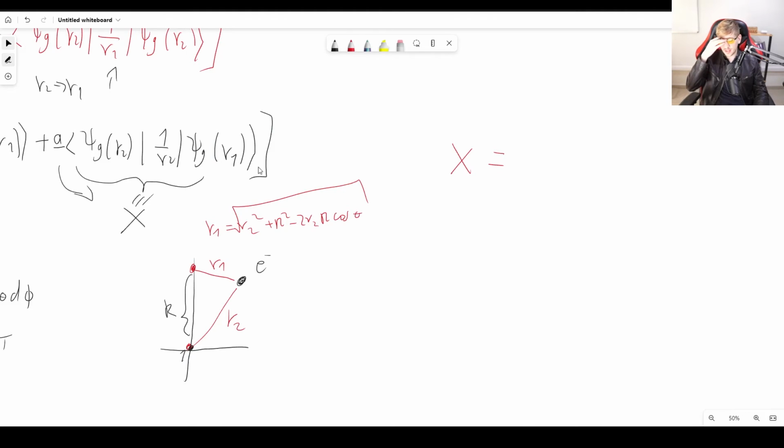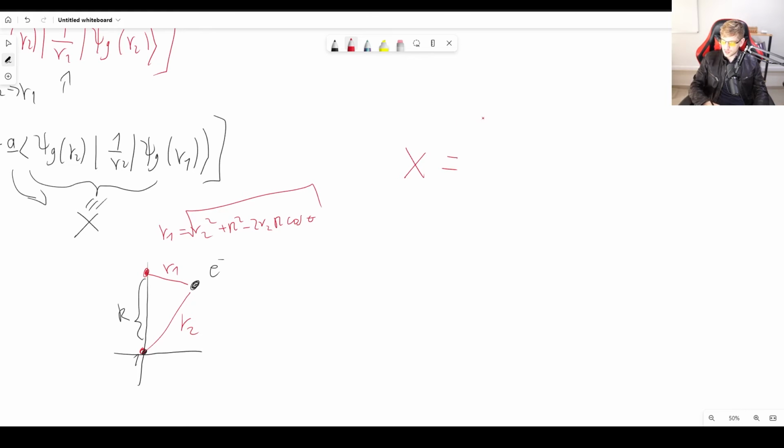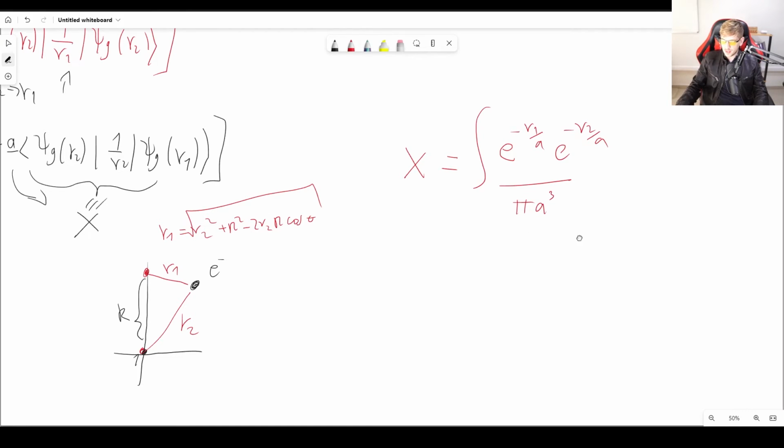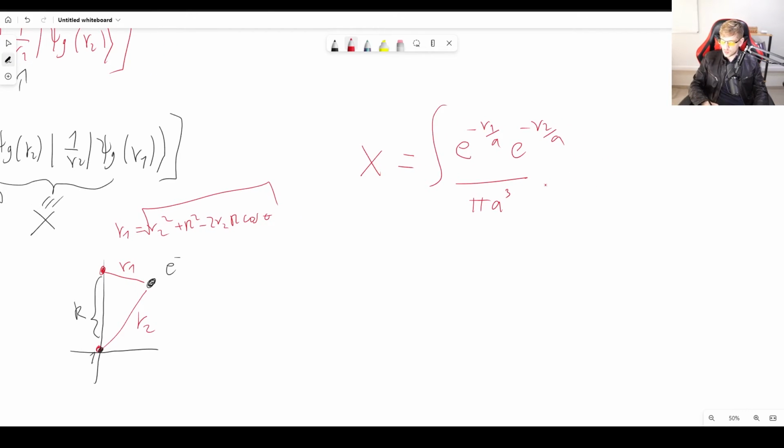Okay, so basically this time the exponents won't be the same. So integral of e to the minus r1 over a, e to the minus r2 over a, square root of pi a cubed, but it's going to be squared, so the square root goes away. I think we've done it enough times now. Then we get 1 over r2,